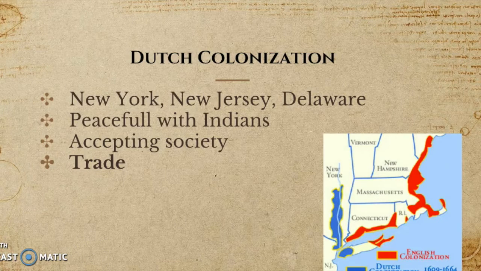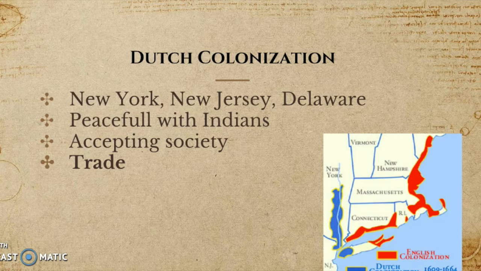So the first empire we're going to look at is the Dutch Empire, based in the Netherlands. Their colonies included colonies in New York, New Jersey, and Delaware, and they were remarkably peaceful and nice people to the Native Americans. They had a greater amount of gender equality and racial equality when slavery came to the Americas than the English and the French. So overall, they were a more accepting society compared to the other empires.